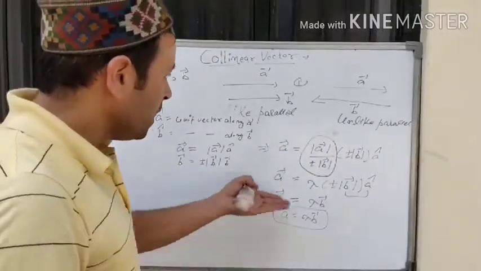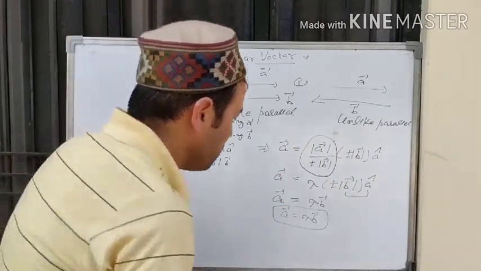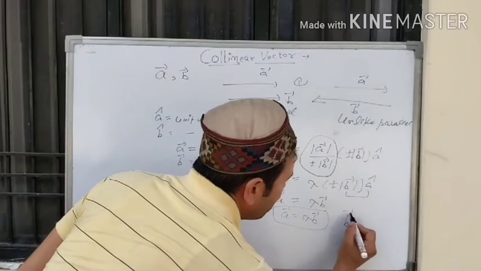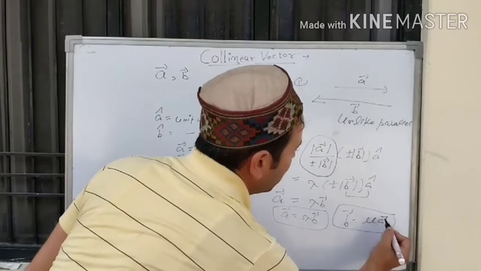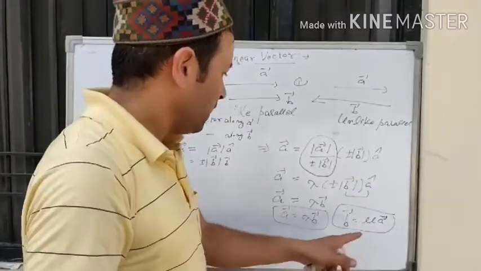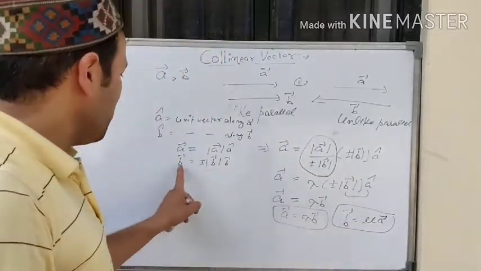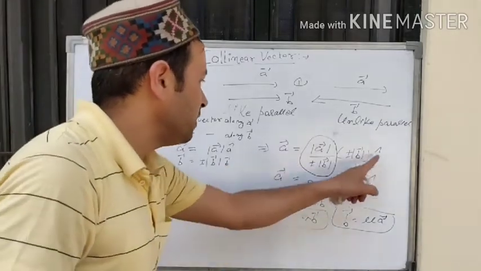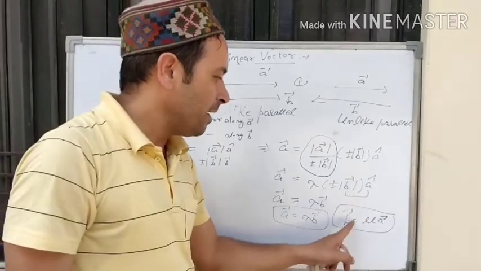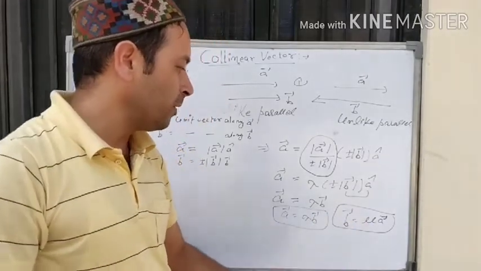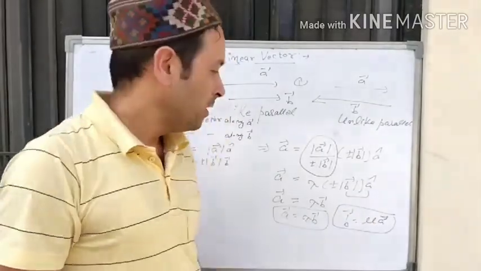Similarly, in this case, if we take B, then after solving we will get B vector is equal to mu A. Now B vector is equal to mu A. How do we get it? If we apply a similar process on the B vector, we will establish in that case B vector is equal to mu A. So if two vectors are collinear, then either A vector is equal to lambda B or B vector is equal to mu A. So please